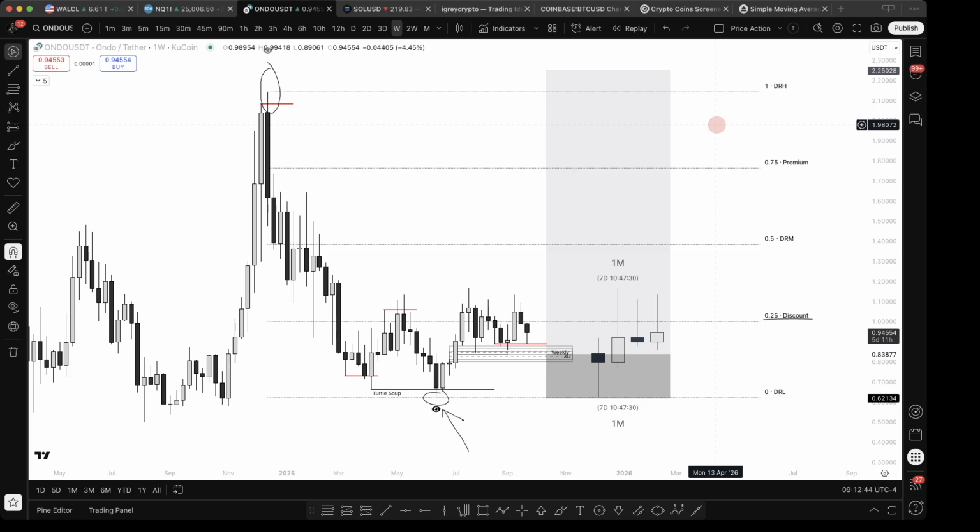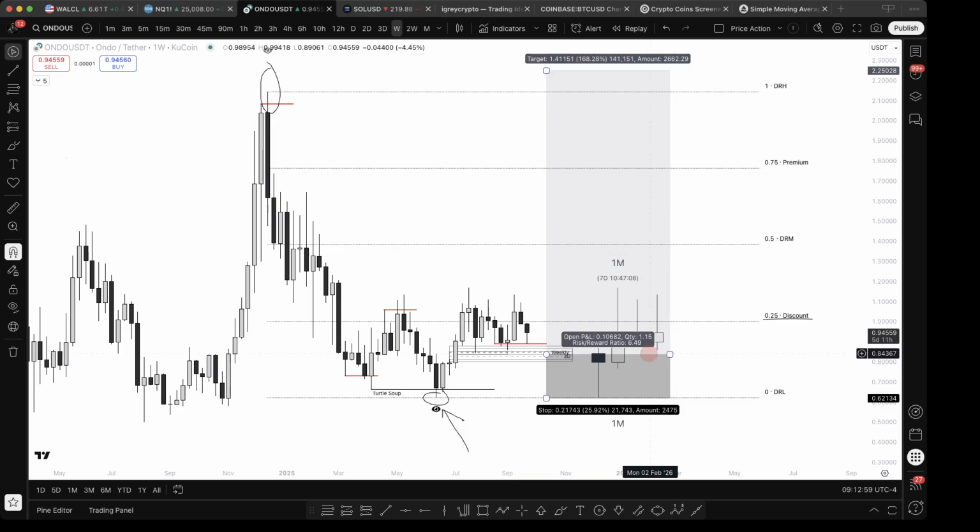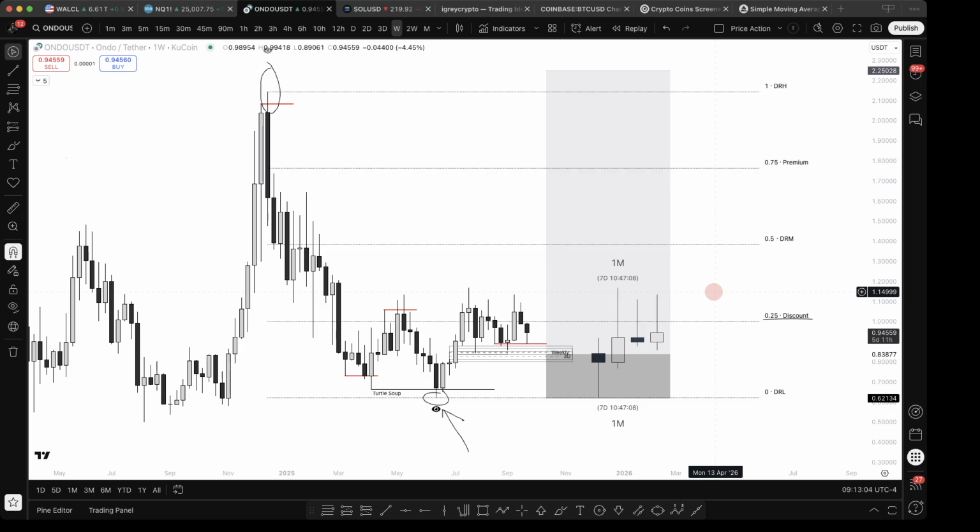And we know that Q4 is seasonally bullish for altcoins, for crypto. We know there's ETF approvals, so there's going to be a lot of news-driven sentiment over the next month. Whilst ONDO isn't on those ETF approvals, it's that concept of the rotation of capital in crypto, where money trickles down to everything, and then to meme coins and the like. So this is our protected swing.